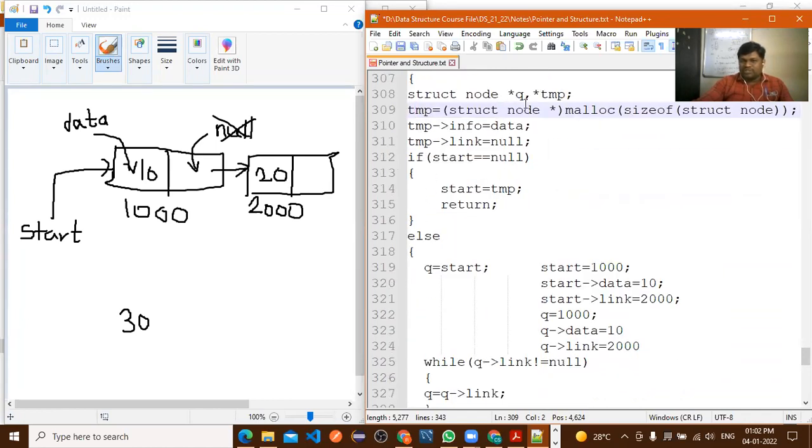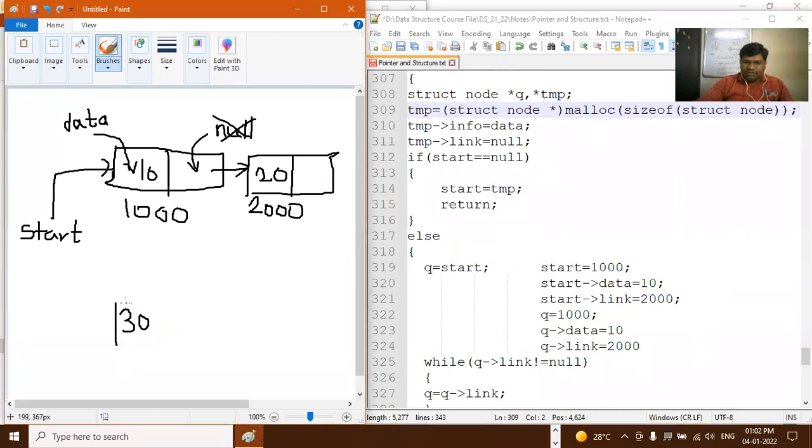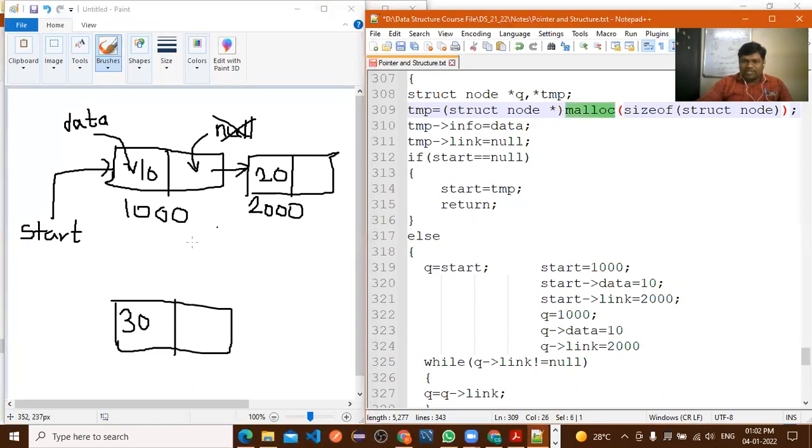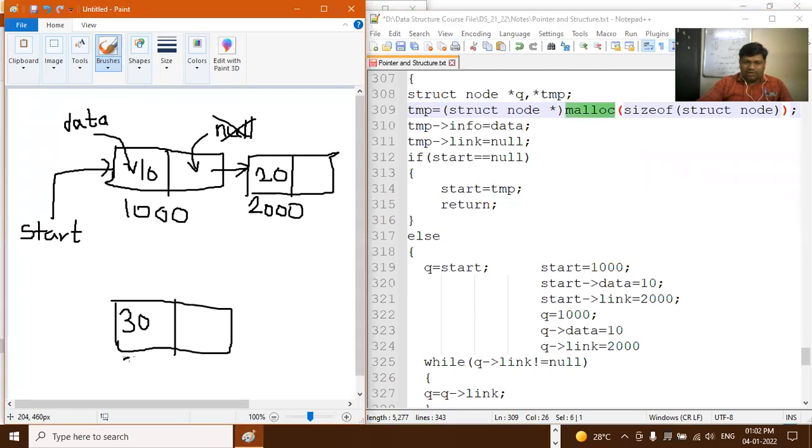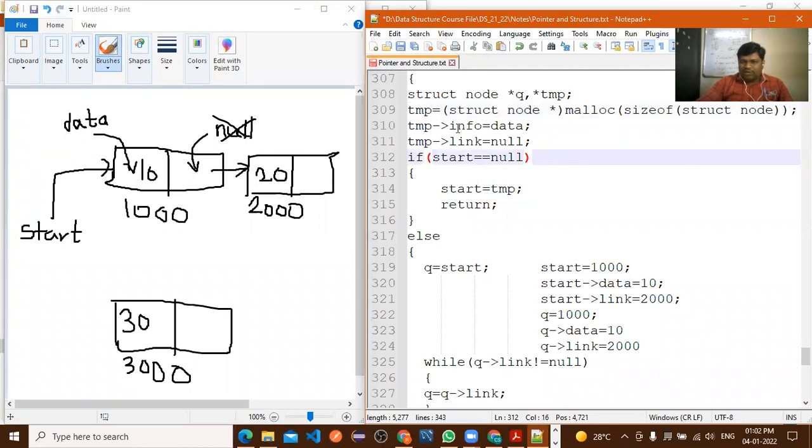So by using this temp pointer, temp, so assign the memory. Memory is assigned by using what? So memory is assigned by using the malloc function. And when you will assign the memory, so here we'll assume the address of that memory is 3000. Address of that memory is 3000, right? Now temp info is equal to what? Data काय असेल?